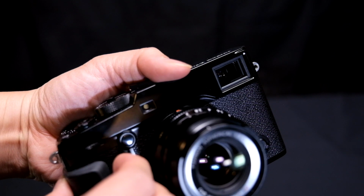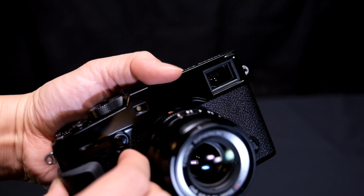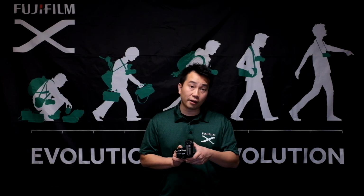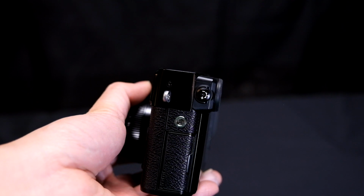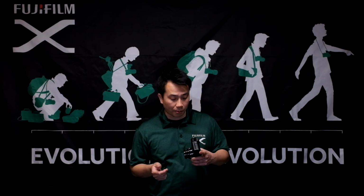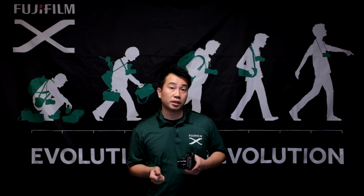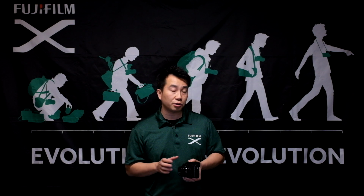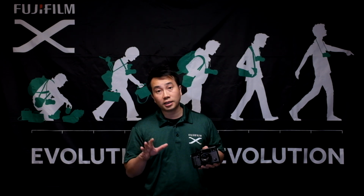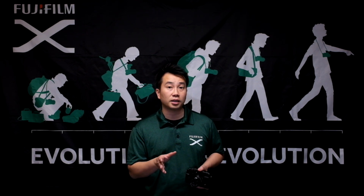You've got your front lever on the front of the X-Pro2, just like the X-Pro1, to control the advanced hybrid multi-viewfinder that's available on the X-Pro2. On the side, if you are a studio shooter and you're not using any wireless releases or triggers on top, you've got a built-in PC sync connector, and it's actually quite high up on this camera now, basically allowing you not to interfere with the camera itself. So these are some really nice external controls and add-ons that the X-Pro2 offers over the old model,